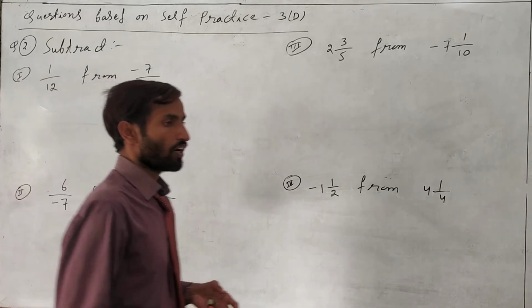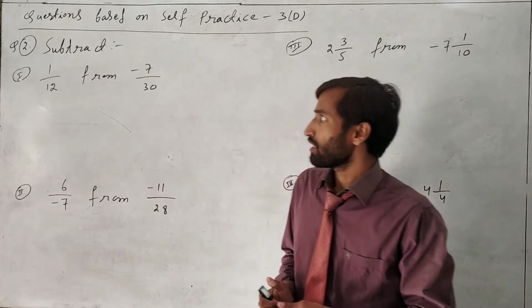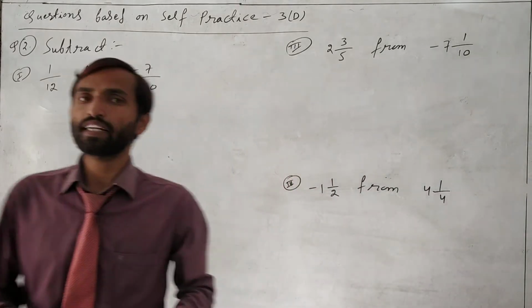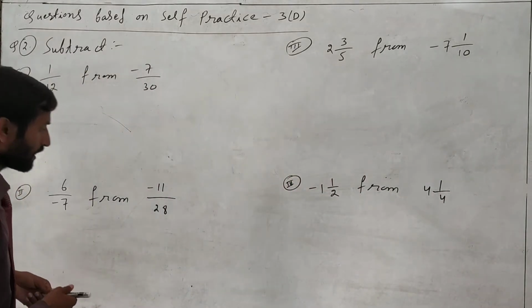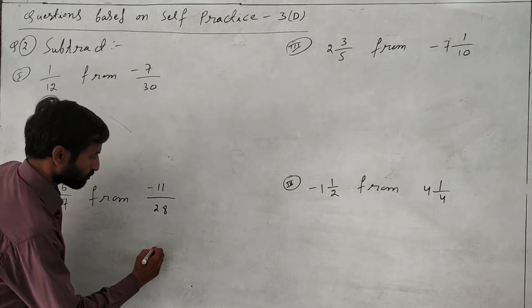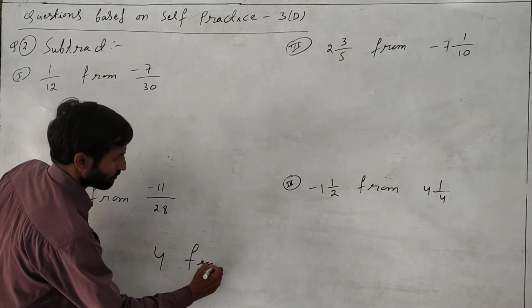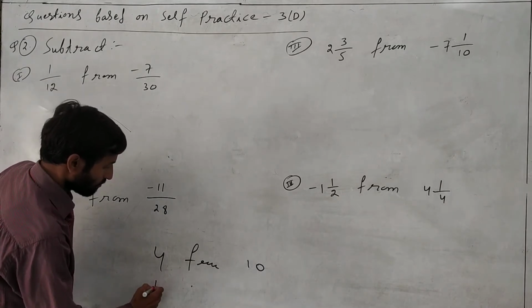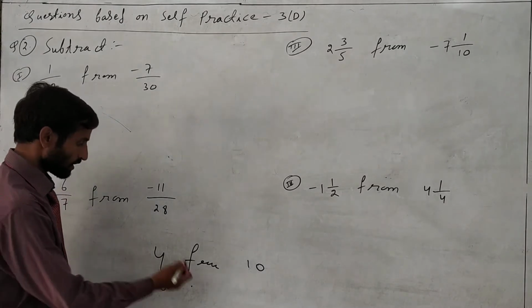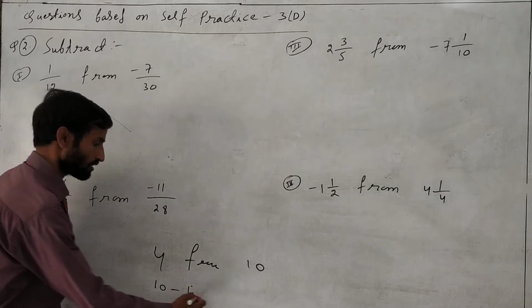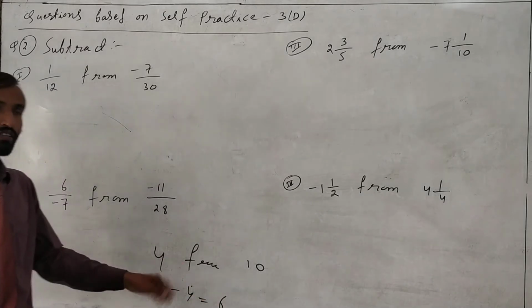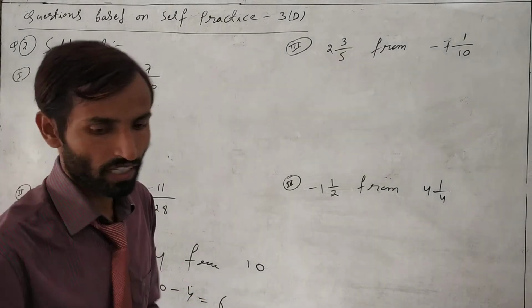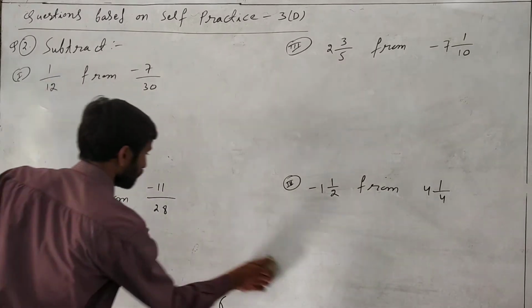So in that case, what do we do? When a question is given in integers or anywhere else, say you subtract 4 from 10. First of all we write down 10, then write minus 4, like that. So the answer will be 6. We have to do the same in rational numbers also, because we have to subtract.